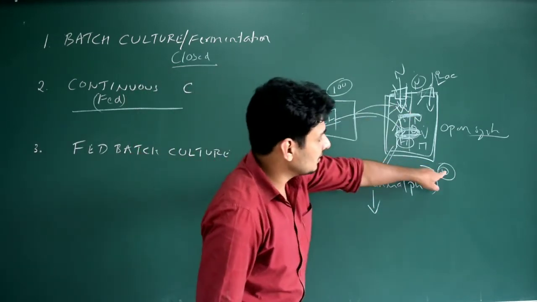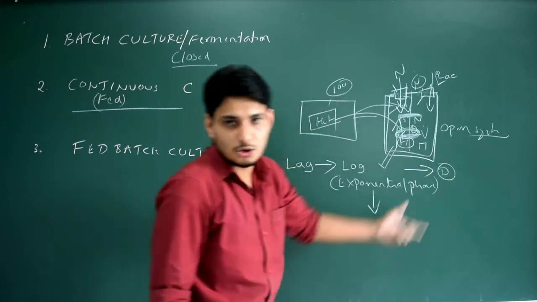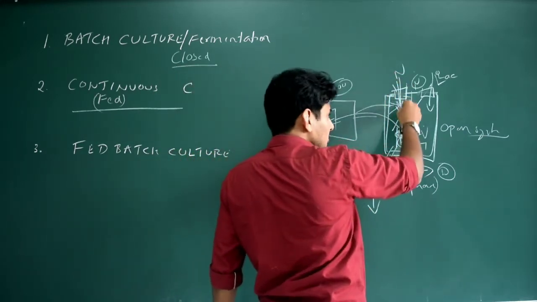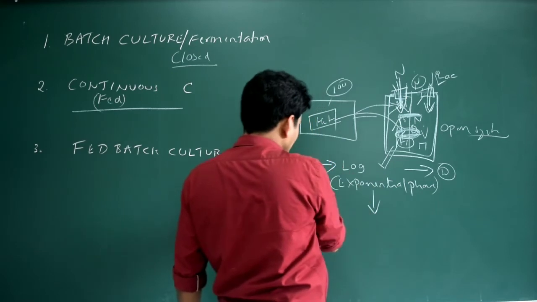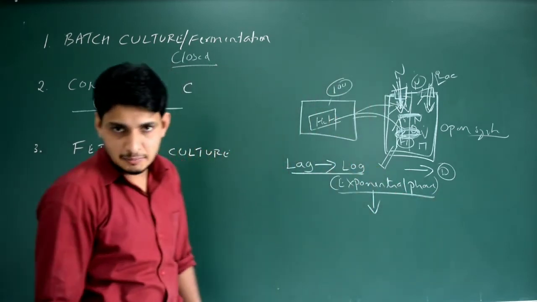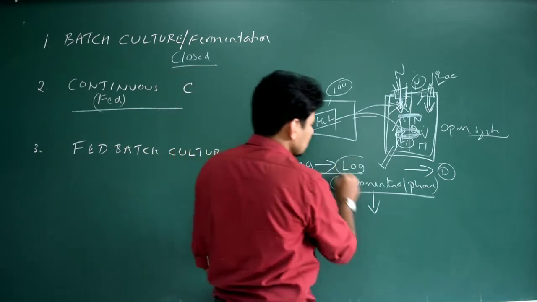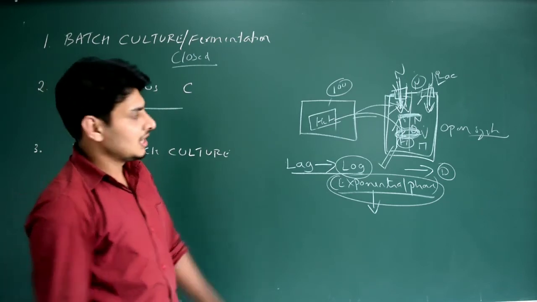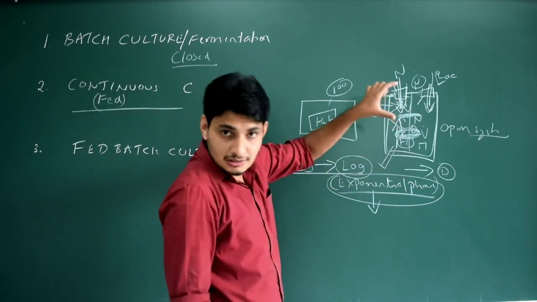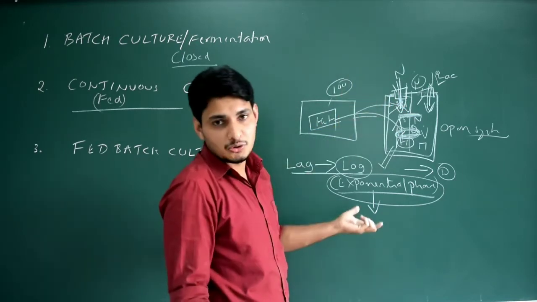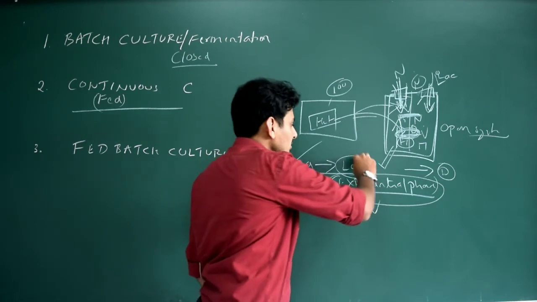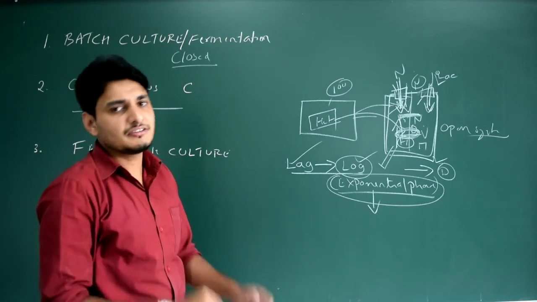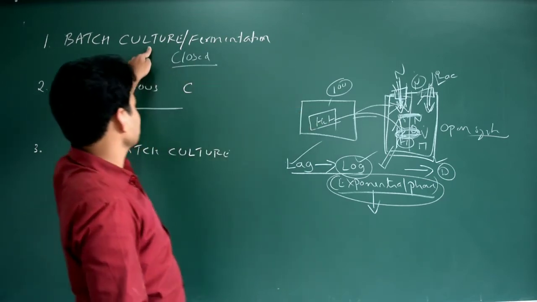If I stop the motor and then start extracting in this phase, then it's gone. But the problem in continuous culture is once I start the machine and start supplying all this stuff, it takes time. Got it? I may not know where exactly the heterologous host organism has reached. That's the disadvantage. I cannot remove the heterologous organism directly. Some will be in the initial phase, some in the middle phase, some in the last phase. So this is the difficulty. Other than that, it's good. It's better than batch culture.